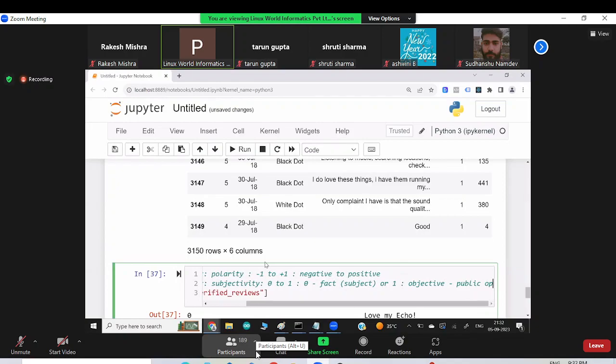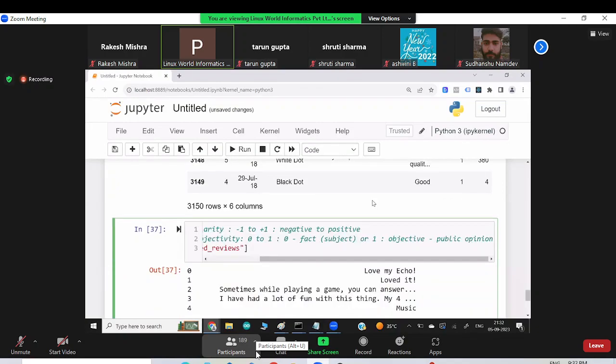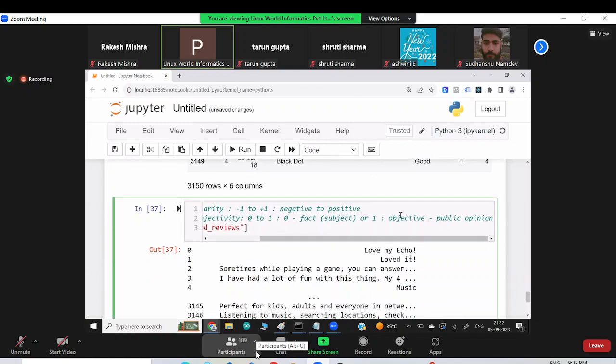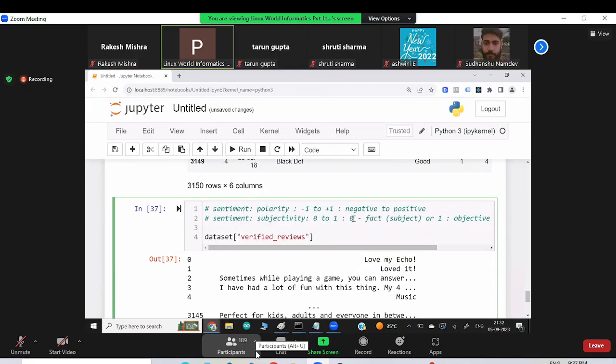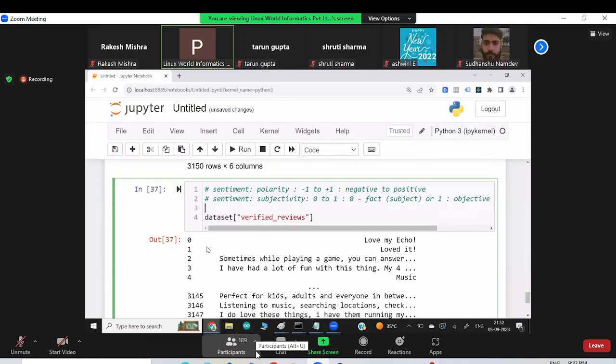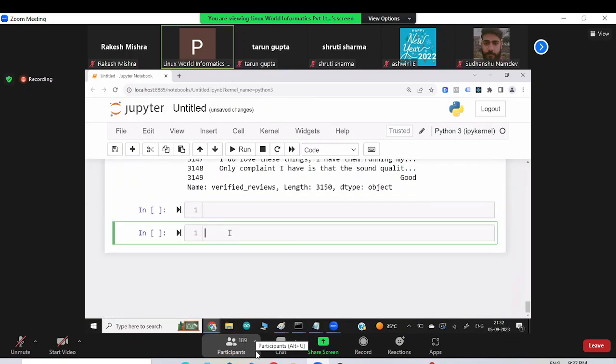So they're not giving any factual information, they're just giving the opinion. Like, this product, they have to change this color, it does not look good. Or maybe they say try a different color. This kind of statement comes in the subjective world. How to find the sentiment we have discussed already in my last class, but let me do this part very quickly on the real data set.